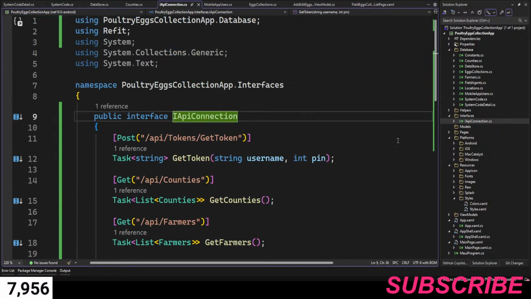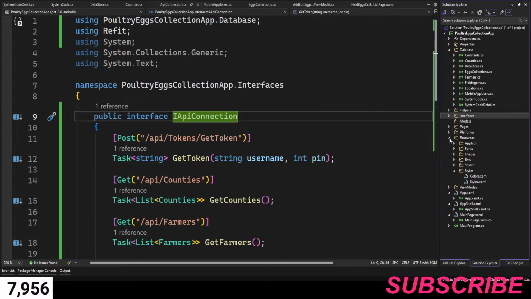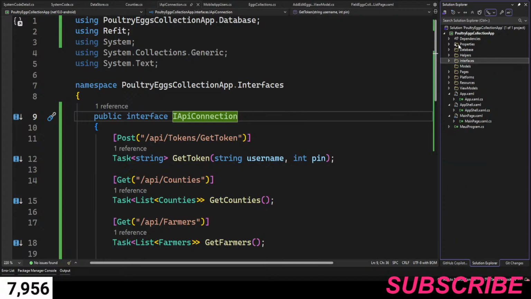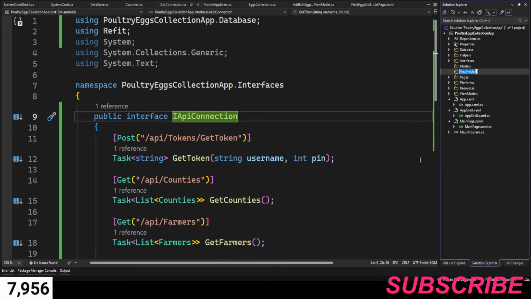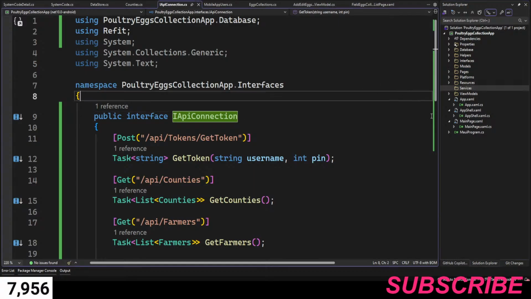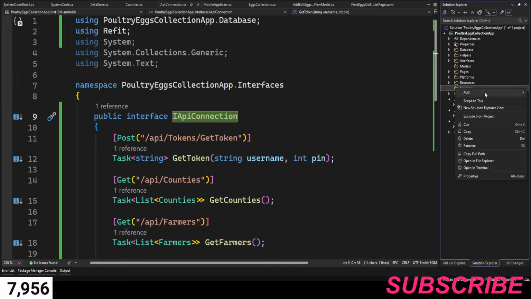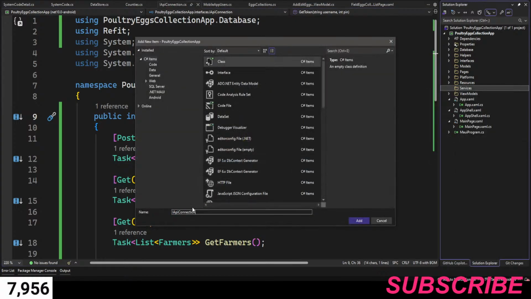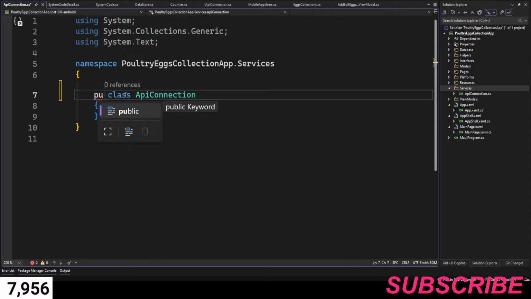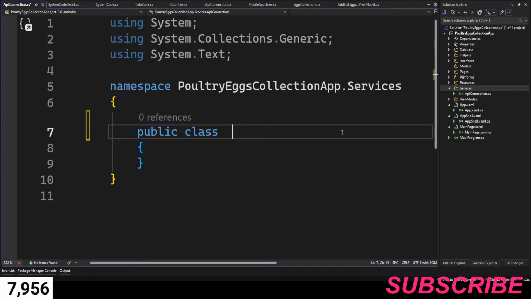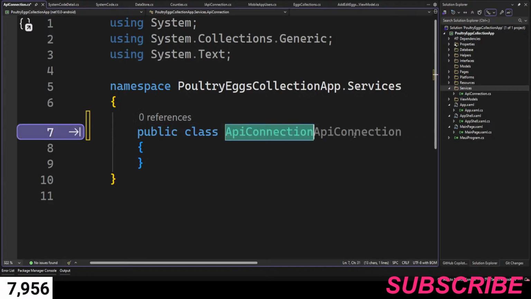So this interface, we need to create an implementation service. I'll just come here and create a folder called services. Then in that services folder, I'll create a class called API connection. So this is a public class, and it implements